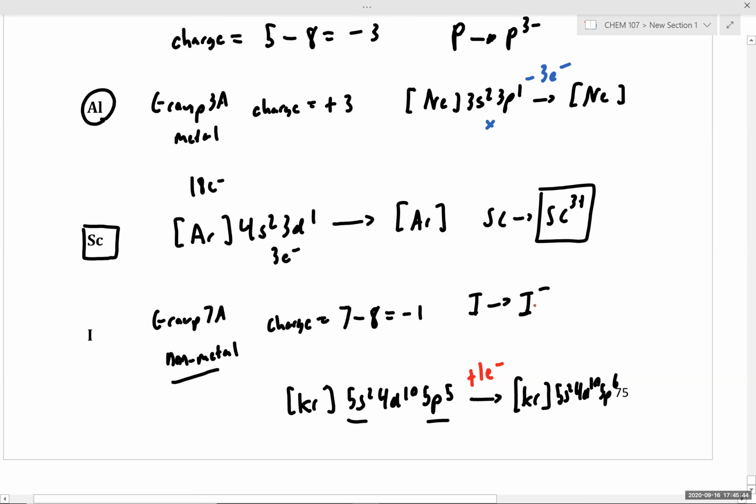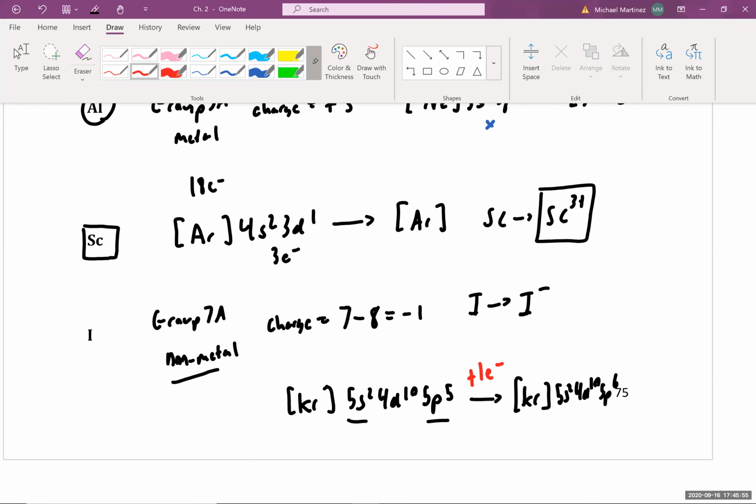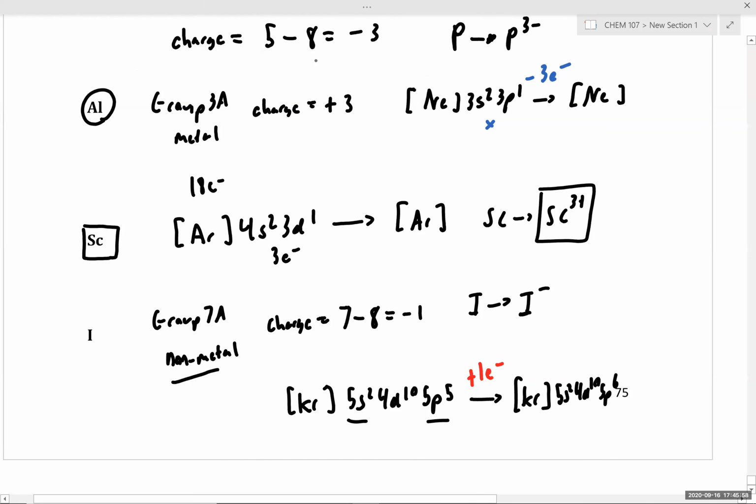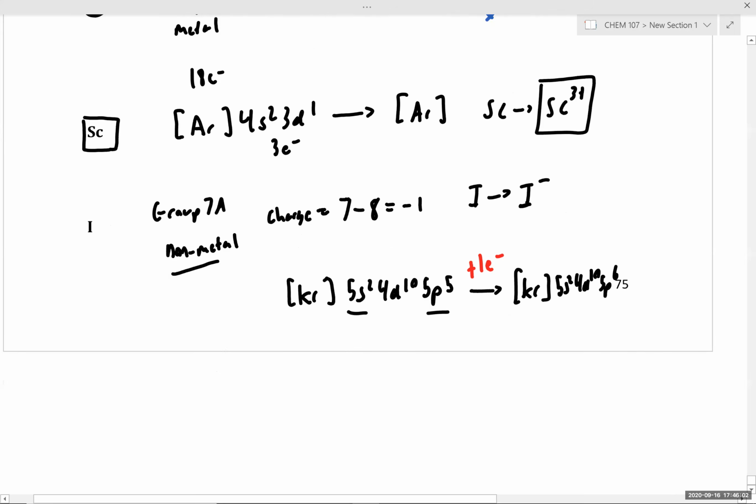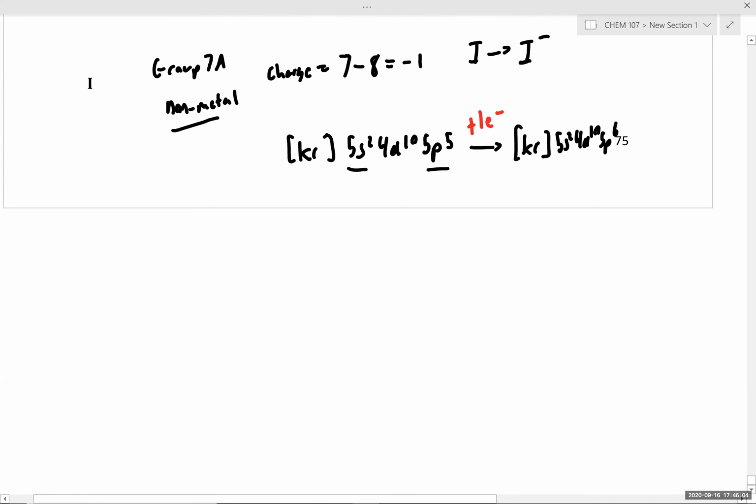And that's why we adopt a charge of -1, because we gained 1 electron during ionization. Does that make sense? Yes, thank you. Perfect. So we're at the end